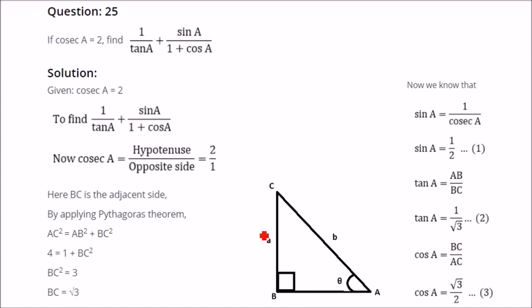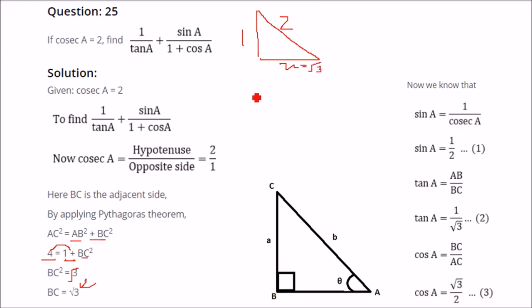You have to find out the other side, because cosec A is given. Cosec A is 1 by sin A. That is, sin A is perpendicular to hypotenuse, and cosec A is hypotenuse by perpendicular. Hypotenuse is 2. Perpendicular is 1. So how do we get this? x square plus 1 square is this square. This x is BC. BC square plus 1 square will be equal to 2 square. That is 4. So bring this 1 here. 4 minus 1. Take the root, that is root 3 will be the third side.